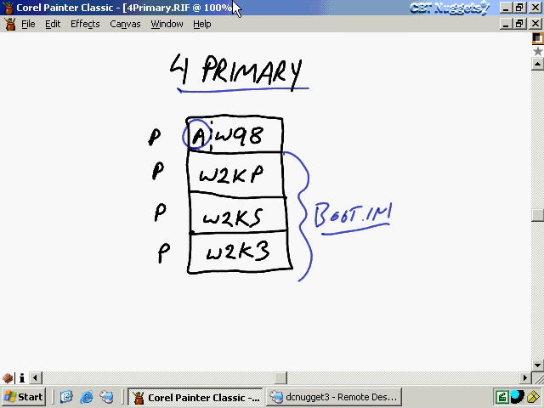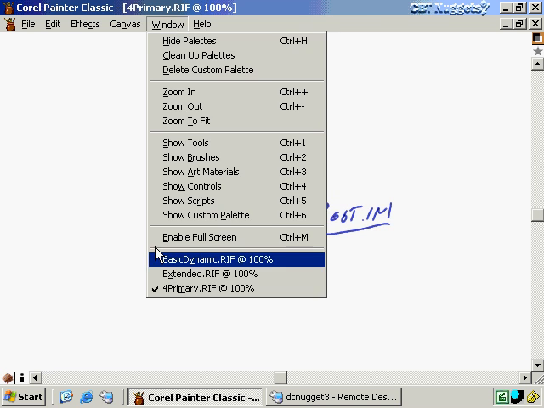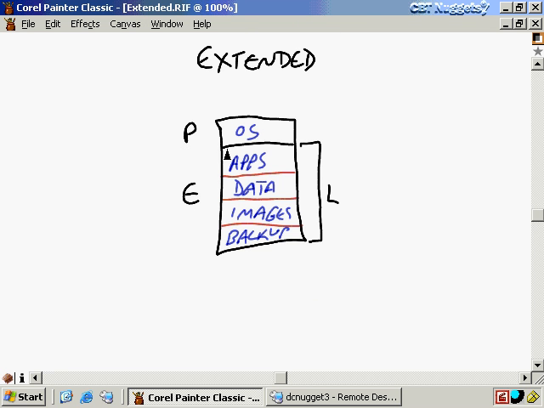Now, let me also point out that just because you can use up to 4 primary partitions doesn't mean you have to on a basic disk. I could create 3 primary partitions and then have an extended partition, which I'll discuss shortly, which contains logical drives. Let's take a look at extended partitions, where in this case I've created a single primary partition, and I've created an extended partition represented by the E down here for the other portions of